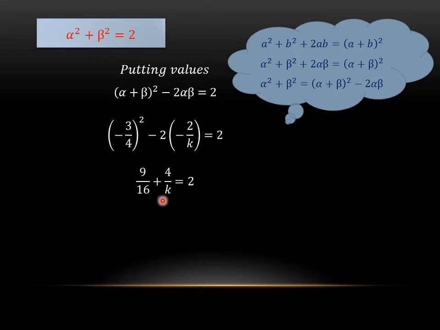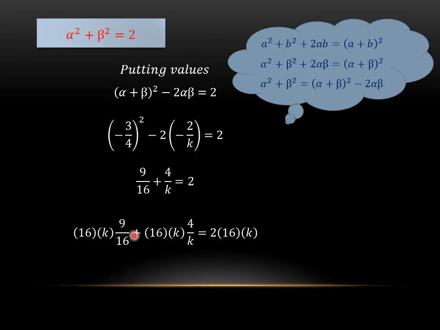As we are having fractions and the sign of plus between the fractions, it always indicates that we are going to take the LCM. The simple method of taking the LCM of the whole equation is to multiply all the terms by the denominators. Our denominators are 16 and k. So I will multiply 16 and k with 9 by 16, 4 by k and with 2. So in the next step, 16 and k is written in the bracket and is going to multiply with 9 over 16, then plus again we will write 16 and k and multiply it with the next fraction, which is 4 by k. After the equal sign, we have to multiply it again with 2.